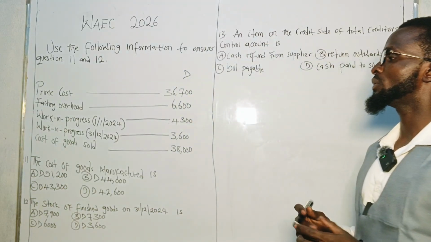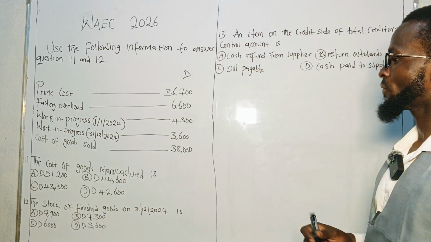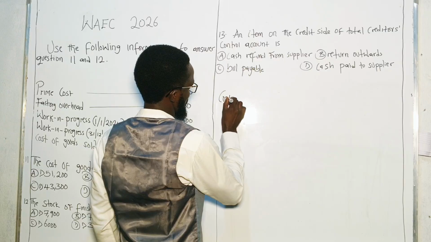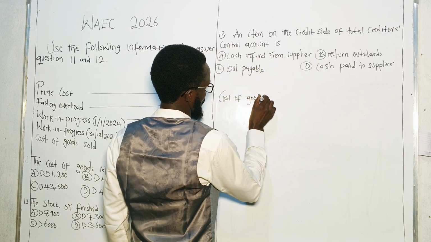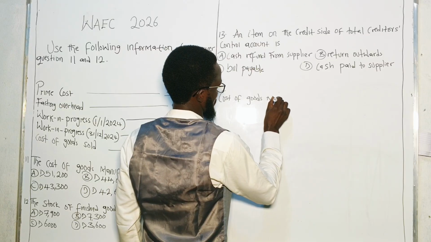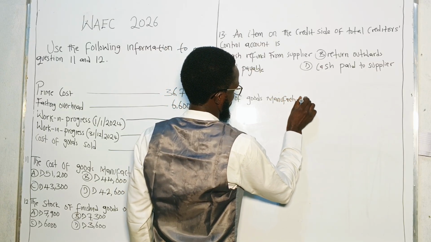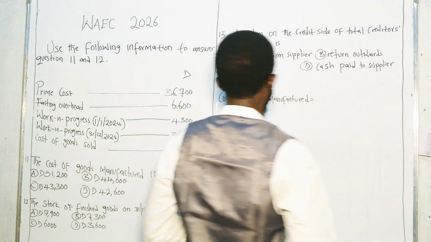So we are to determine the cost of goods manufactured. So let's say cost of goods manufactured is equal to